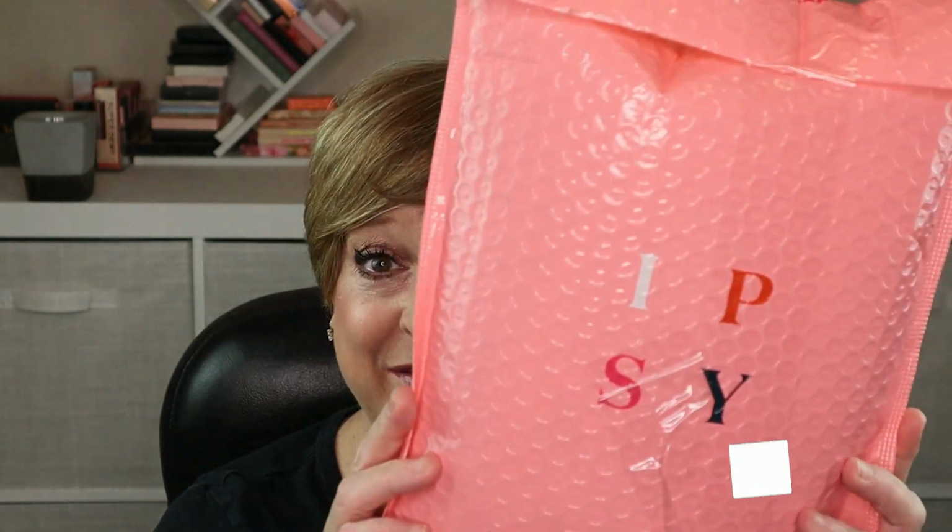Alright, so I have the September 2022 Ipsy Glam Bag Plus. This is a $28 a month beauty subscription. If you add on the $1.99 handling fee, let's just consider this a $30 bag. You do get to select 3 of your 5 products, which you would think would make it an awesome bag,